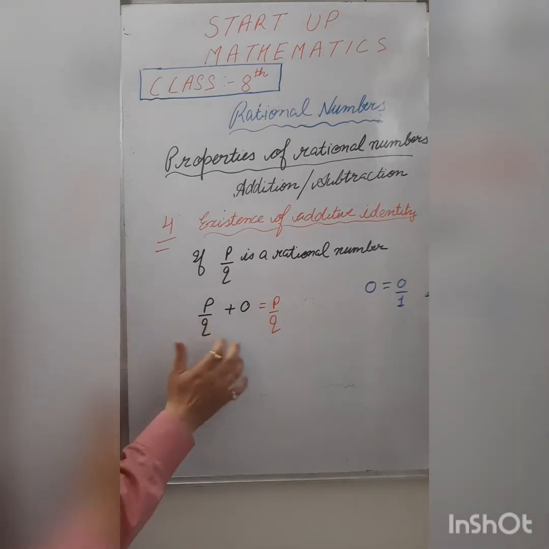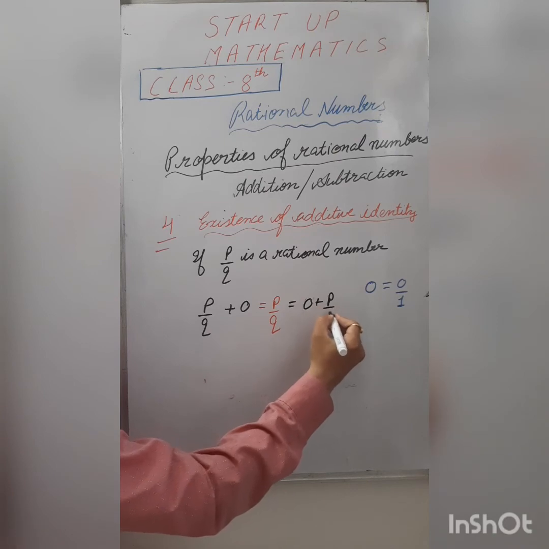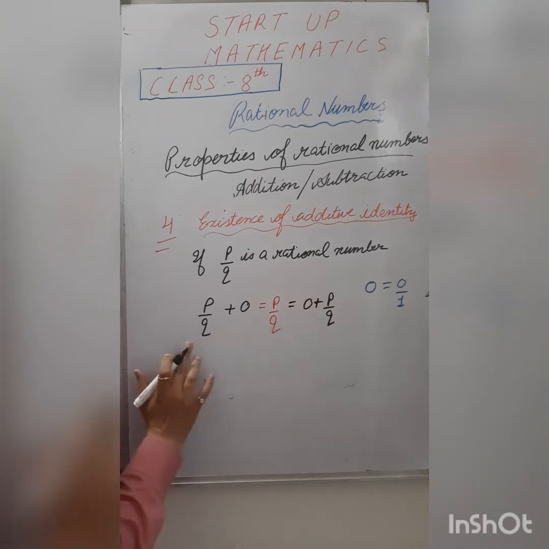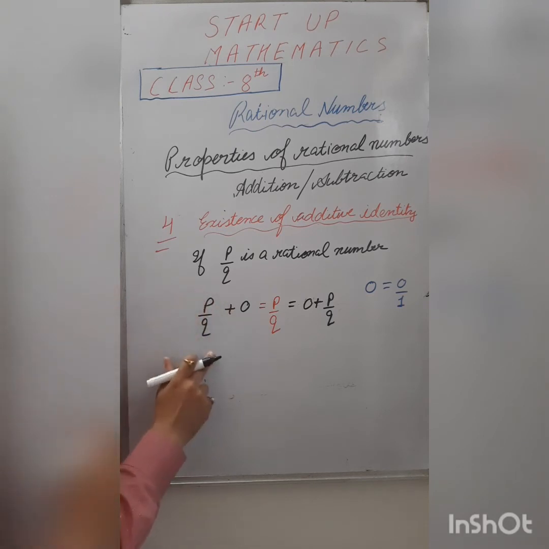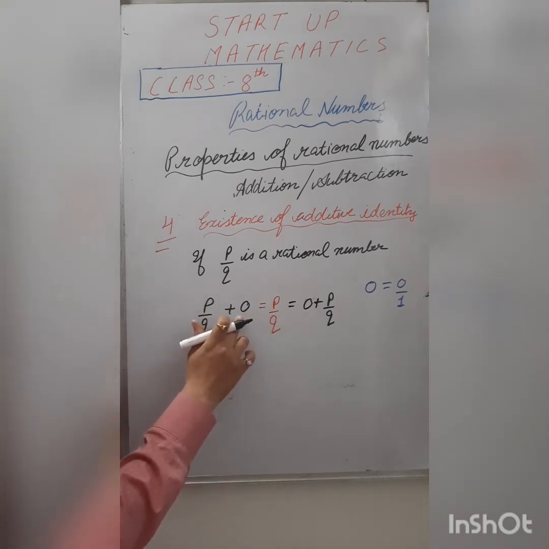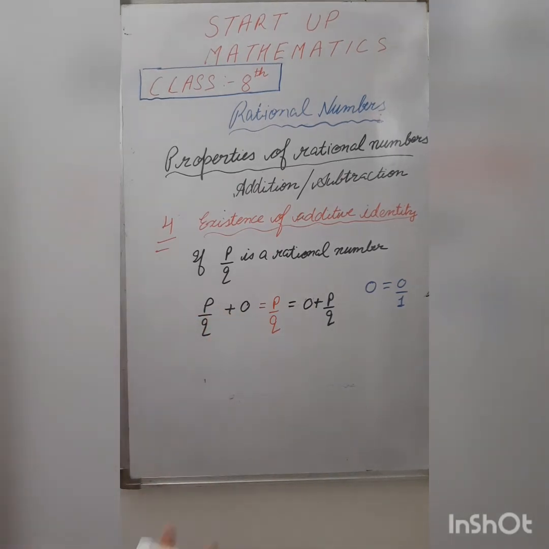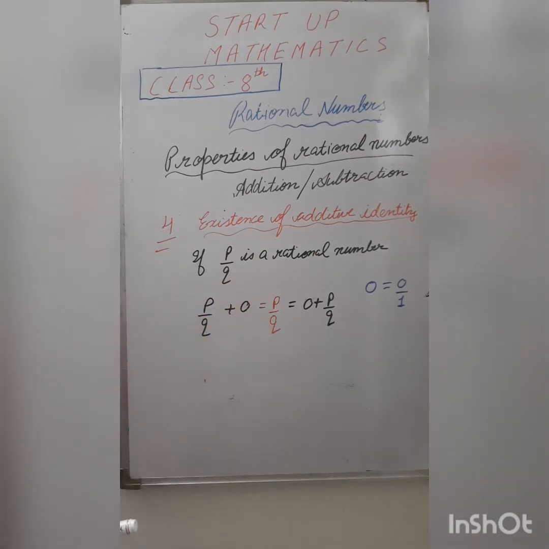Or you can add these two rational numbers in any order. That is our second property that we have already discussed, right? You can add either 0 plus p by q, I am just rewriting and changing its order. First rational number plus second rational number. The second rational number is 0, and p by q is my given rational number. So I am adding 0, or you can say 0 by 1, to p by q, but the answer remains p by q. Means on adding this 0, p by q does not lose its identity, right? Means we will get the same rational number.